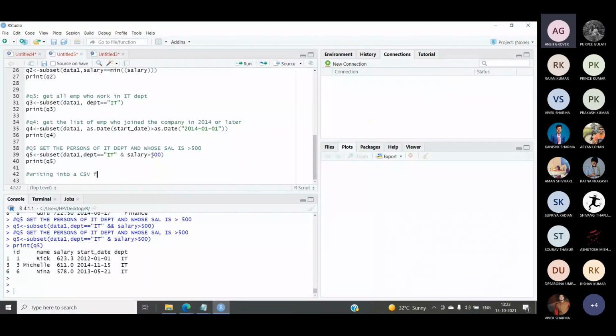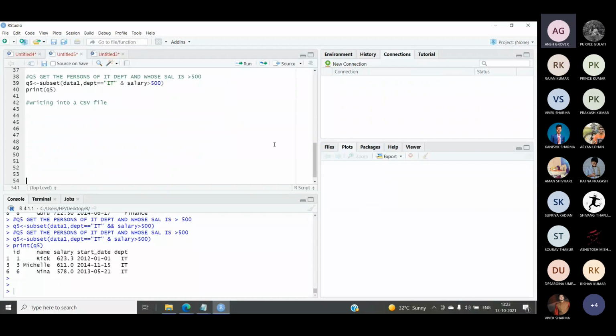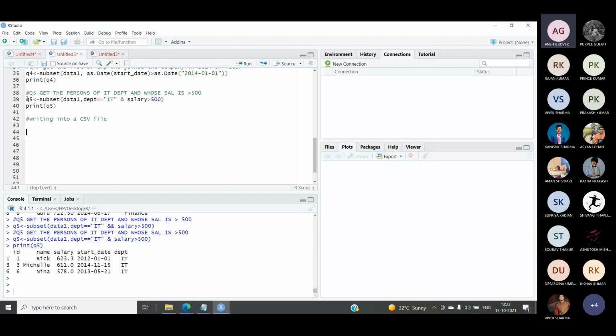Writing into a CSV file. So when we want to write into a CSV file, it means we are having a file, it may be of any category. Now we want to do the opposite of this. Let us say this query Q5 is returning us 3 records.